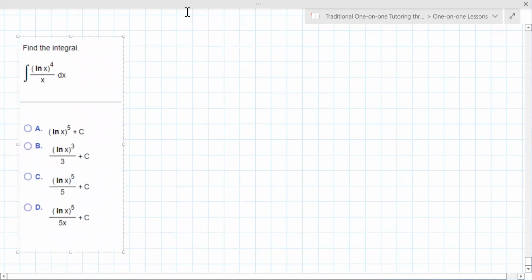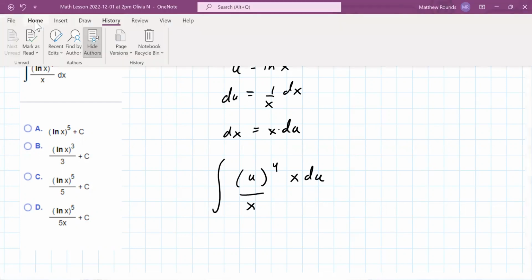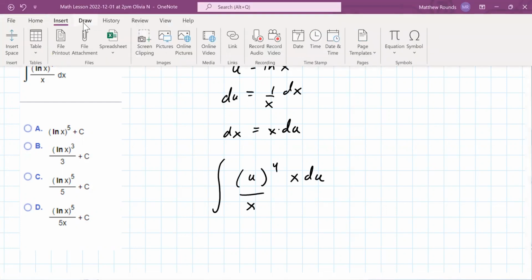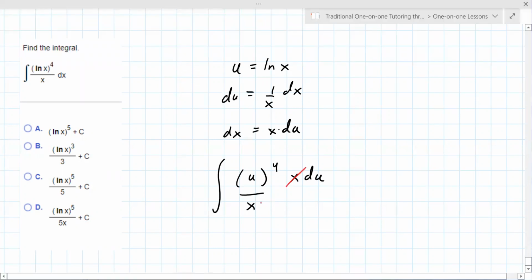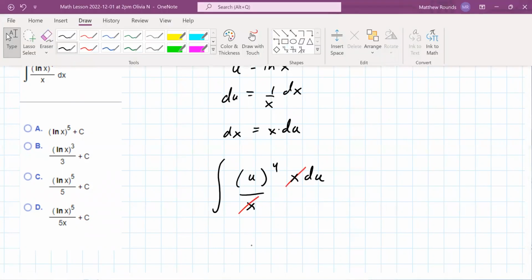All right, so this one, we'll do the traditional way with the u substitution. The natural log of x, and then du is 1 over x dx. You solve for dx, so dx is x times du. And then you go back and you substitute in for what you know, leaving what you don't know. And what you really hope for is that there's a cancellation. So in this case, the cancellation gets rid of the x's, which is the idea of the u substitution, and